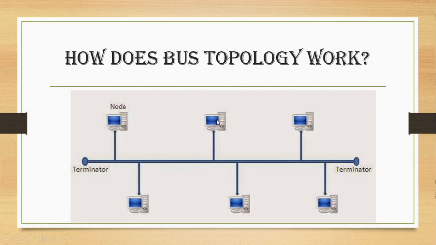And if this computer wants to send something over to this computer, what it does is attach the address of that destination computer it is going to communicate with, right? So this is how a bus topology works. It depends on a single central cable that is known as the bus, and it has to be secured by the terminators at the end. So we need two terminators on both the ends, and all the devices are going to attach to that central cable through T connectors. So this is how bus topology works.